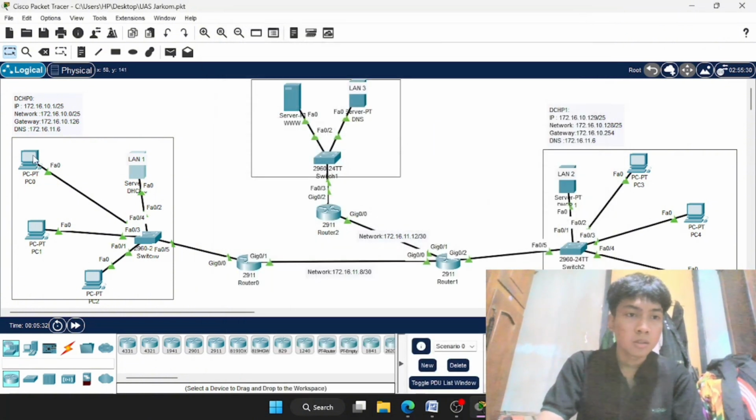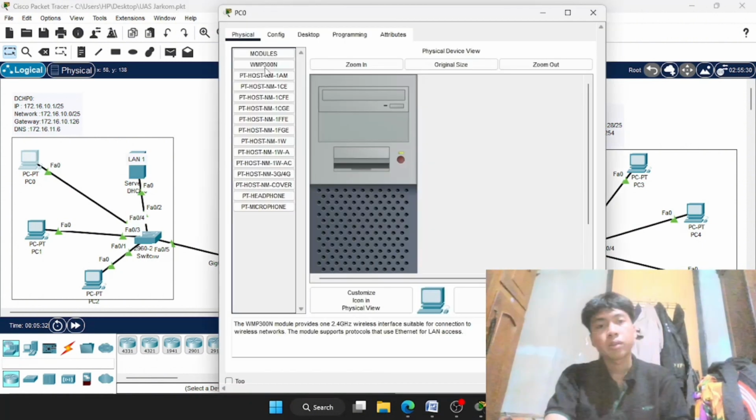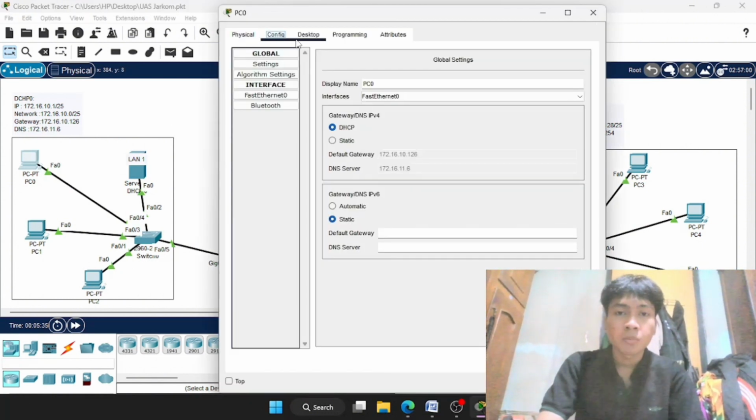Also I will show the PC configuration. Okay, the PC configuration uses DHCP for addressing.